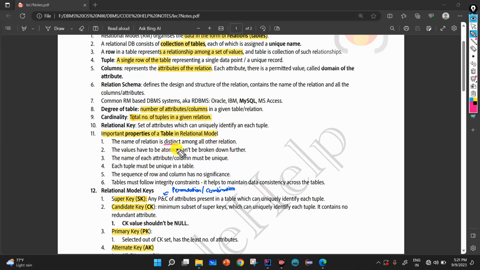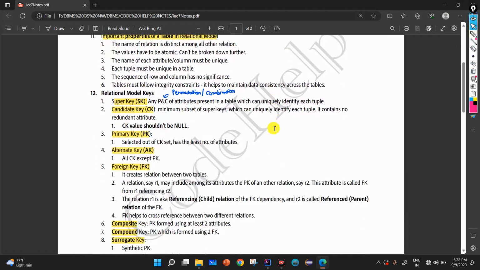The values have to be atomic, can't be broken down further. The name of each attribute's column must be unique. Each tuple must be unique in a table. The sequence of rows and columns has no significance. The table must follow integrity constraints, which help maintain data consistency across the table. Very simple points, you can go through them.